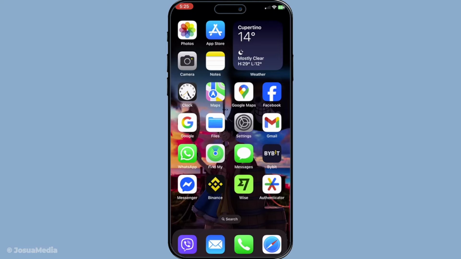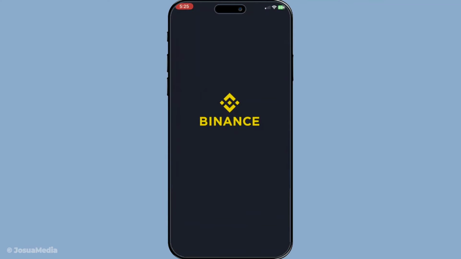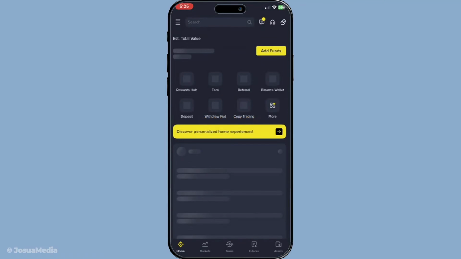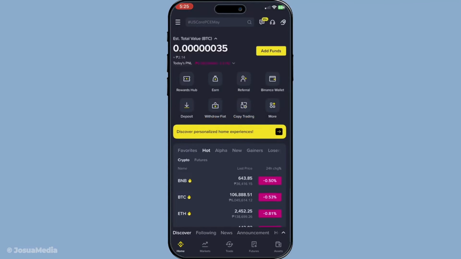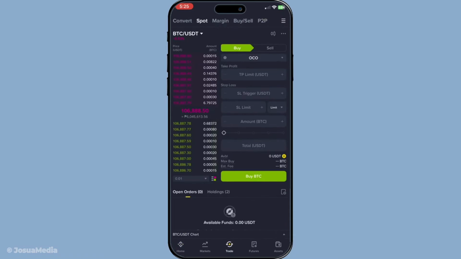First things first, ensure you have the Binance app installed on your mobile device. This app will be your gateway to managing and trading cryptocurrencies on the go. Once you've got the app open, navigate to the bottom menu and tap on Trade. Here you will see different trading options. We are interested in the spot market for this tutorial. The spot market allows you to trade cryptocurrencies in real time, directly swapping one digital asset for another at current